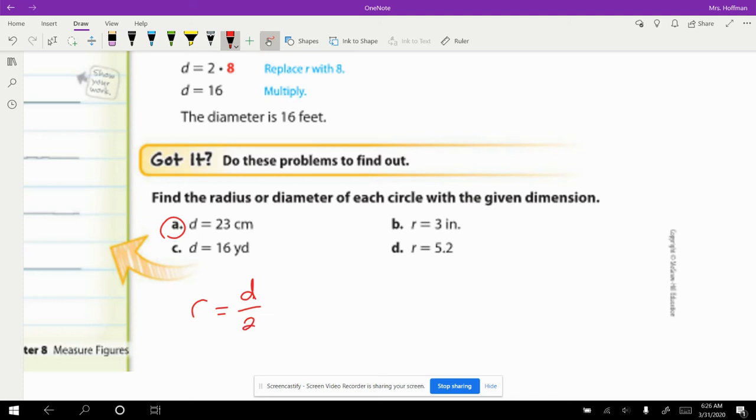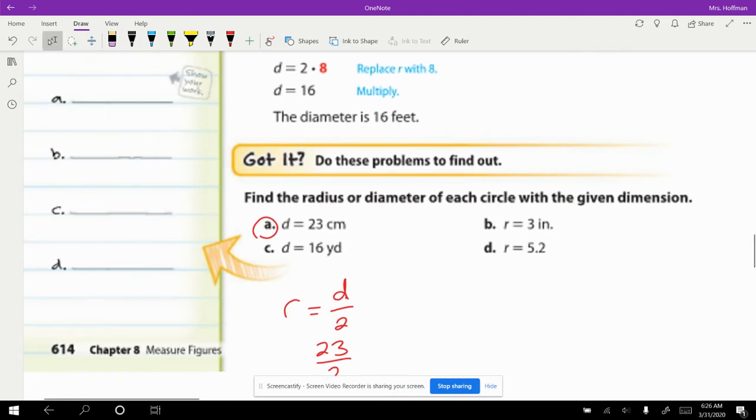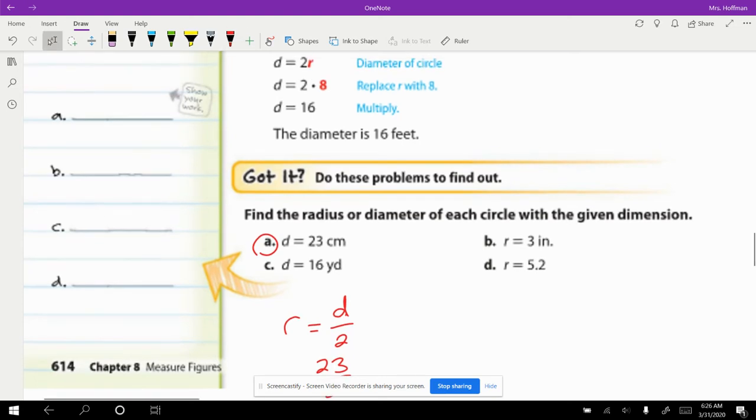So let's do that. Let's take our diameter of 23, divide it by 2, and then your answer for letter A is going to be 11.5 centimeters. I'll do that one in red. 11.5